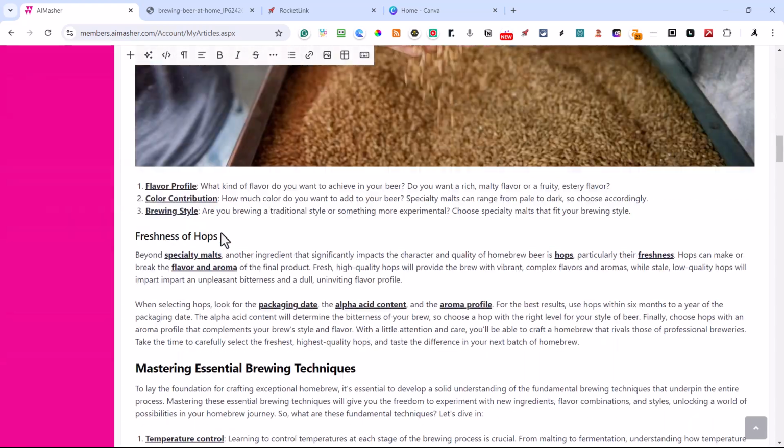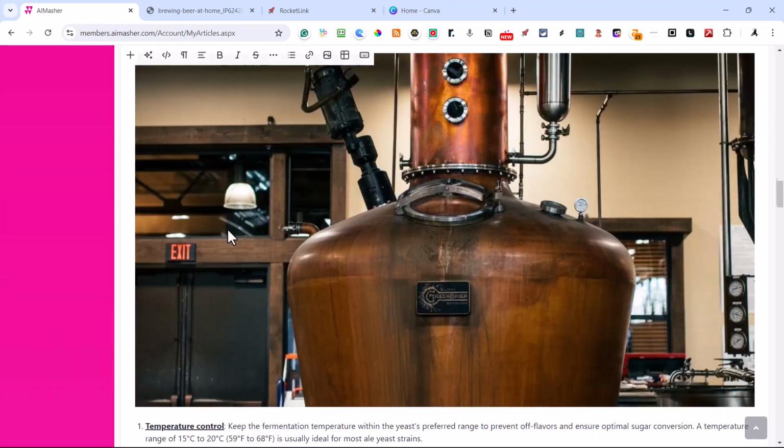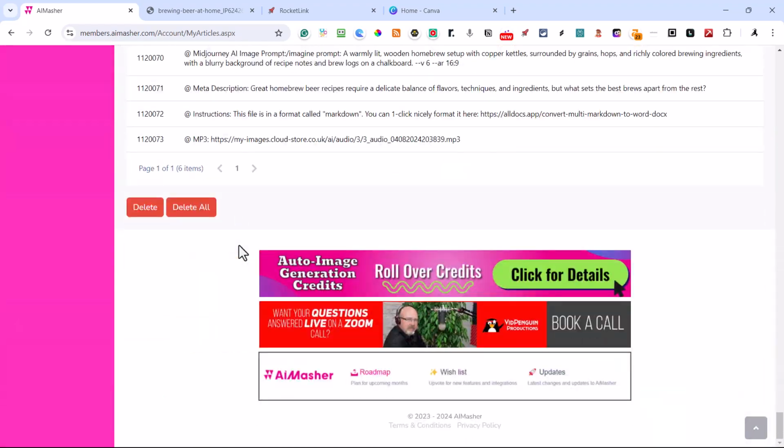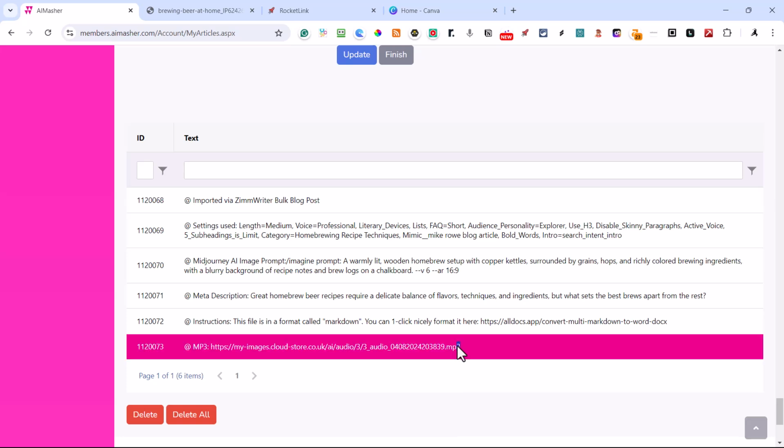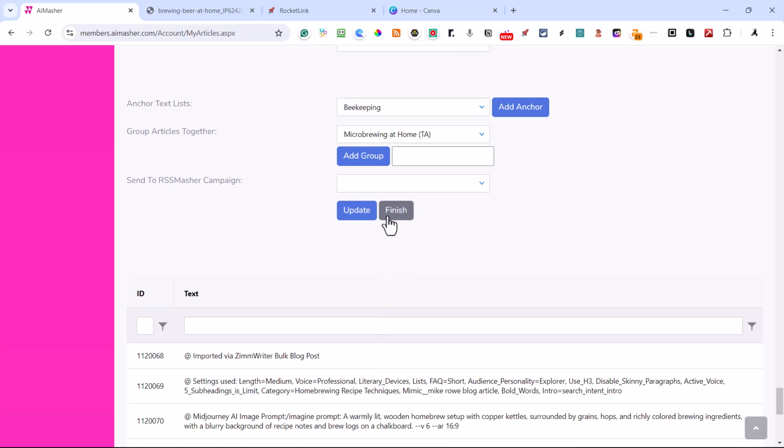Everything that was on that text file that came in from Matt's ZimWriter, we saved down here for you. So you can always come back and see what's been done. We also, if you do multiple MP3s, we save all the MP3s down here. So you could copy this and use it for another place. So if you have multiples, you can change those out. Here's the instructions. This is everything that he gave us in your text file. We save all that for you.